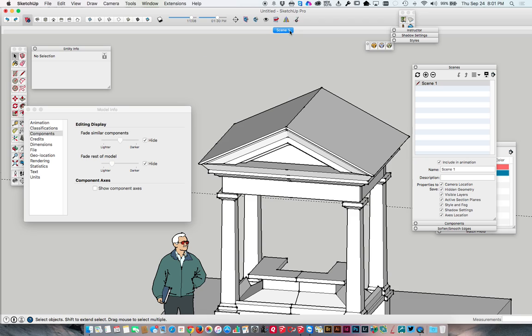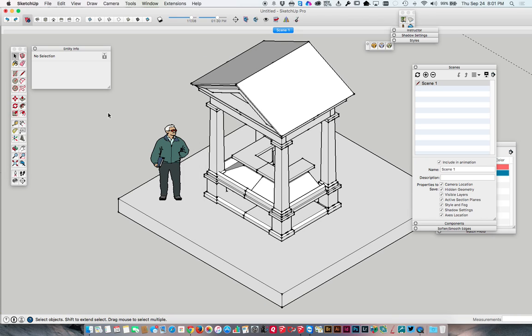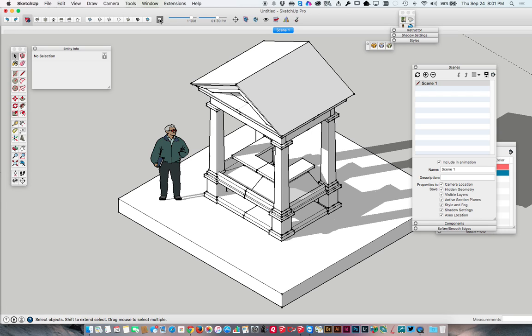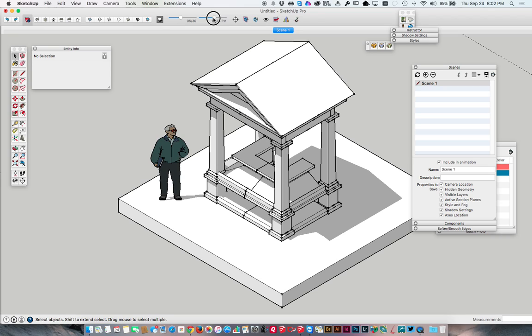Okay, so let's go back to scene 1. There it is. I can close Model Info now. And I can do the same thing to this bottom part. At this point, let's put on some shadows that will look good. We want them coming more or less from overhead, not casting too far, but just enough that it gives it some